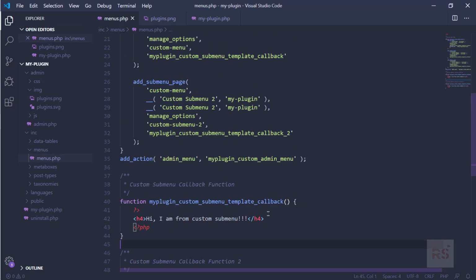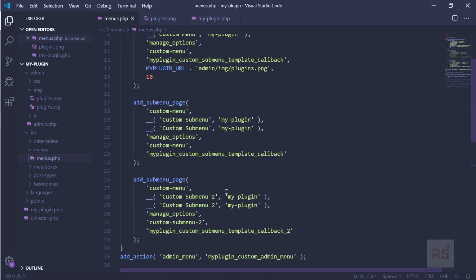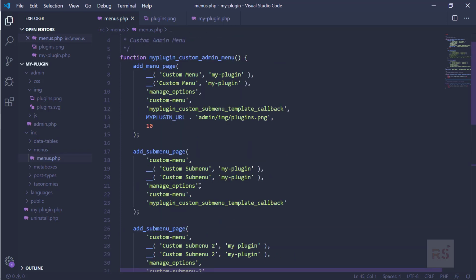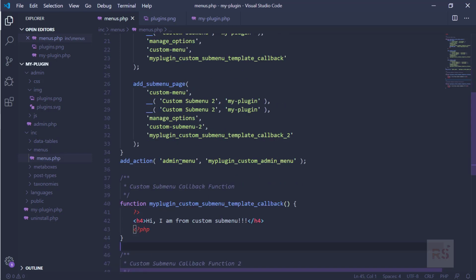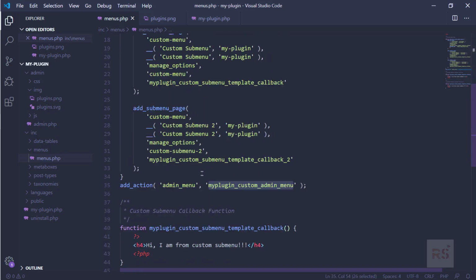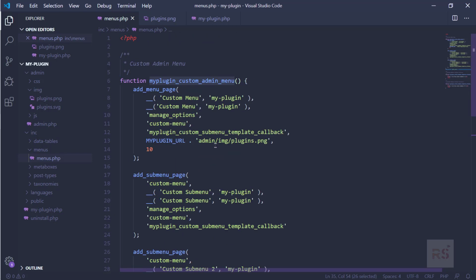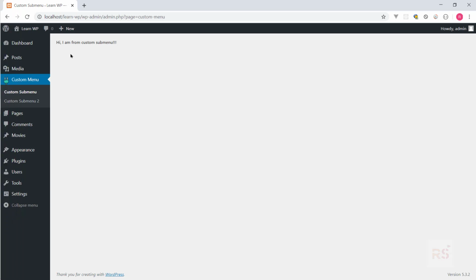Okay, so now what we are doing, because we are hooking our function into the same hook again and again, we can cut that out from those other functions and put it in a single function, and then we can just hook it with the admin menu, and it should behave the same as before. So let's head over into the backend and hit refresh. Hopefully everything will be fine. Yes,